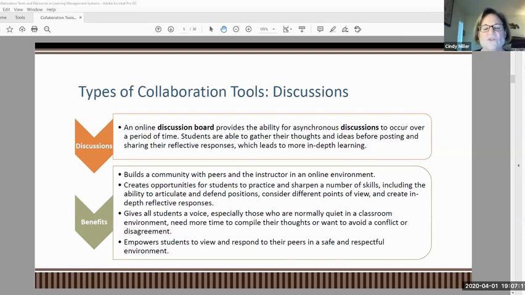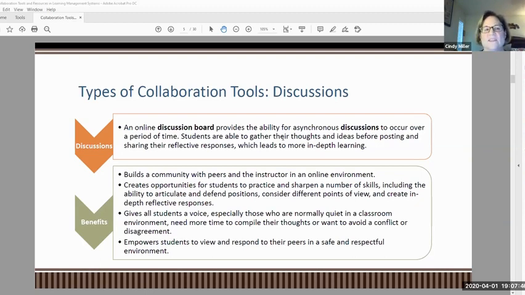But students are hopefully able to gather their thoughts when they see the discussion question and ideas before they post. And then hopefully they're posting thoughtful and reflective responses, which hopefully leads to more in-depth learning. So the key here is to make sure you're asking open-ended questions that are provoking the discussion, that's furthering that discussion, not closed-in questions such as yes or no questions, not questions related to facts they read,